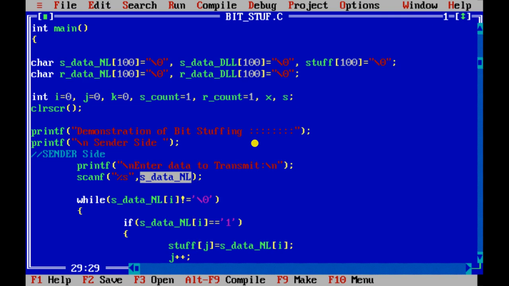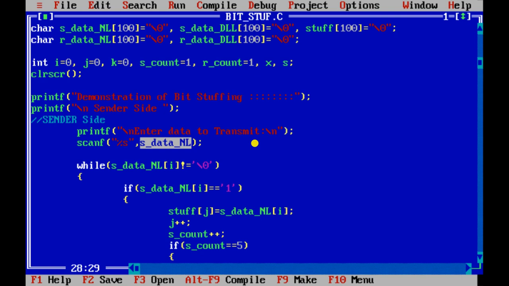Then start copying it into another string that I have taken, the stuff string. I have copied the data from the s data nl string into the stuff string.